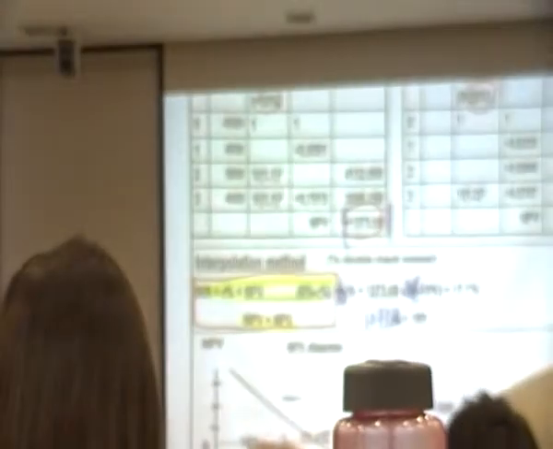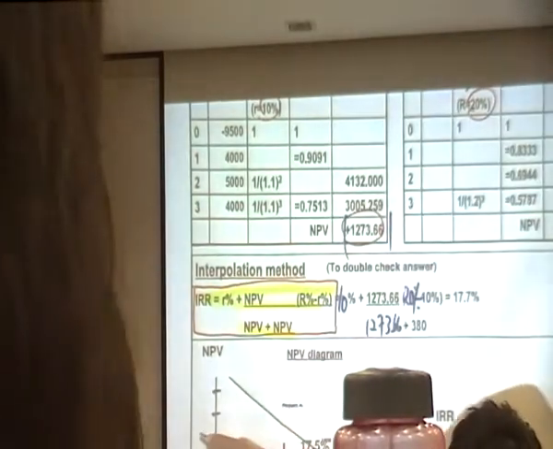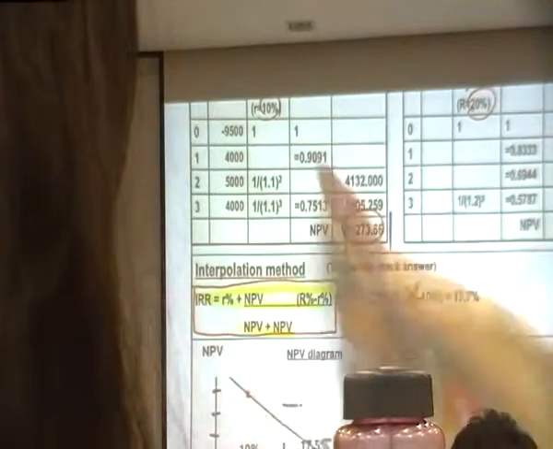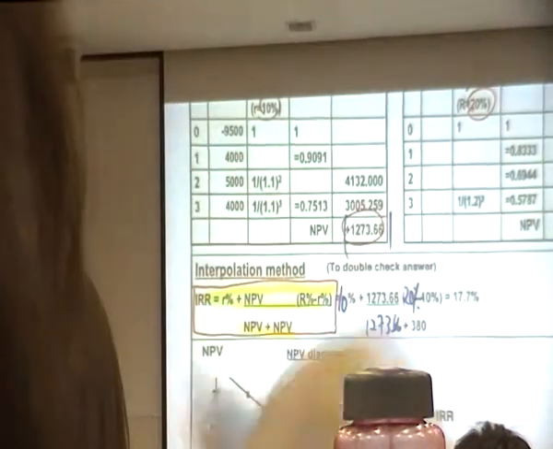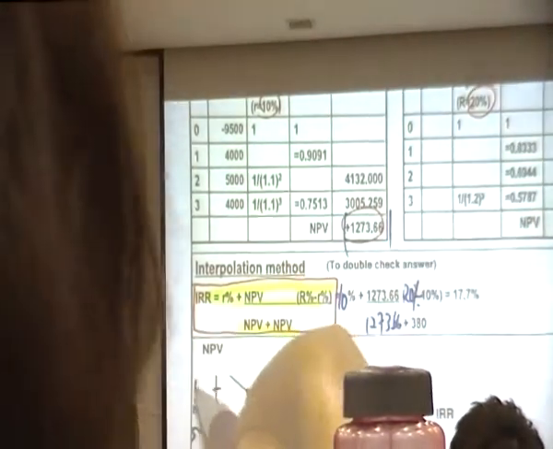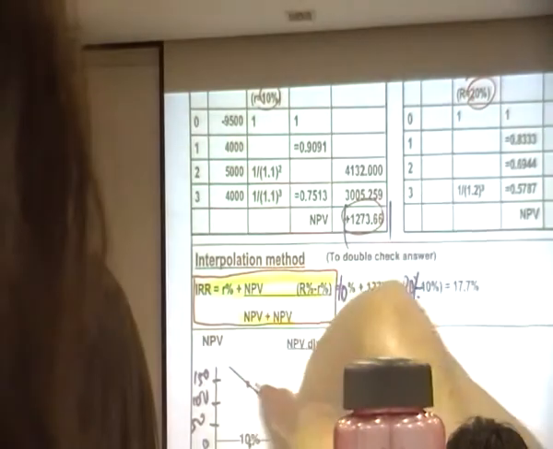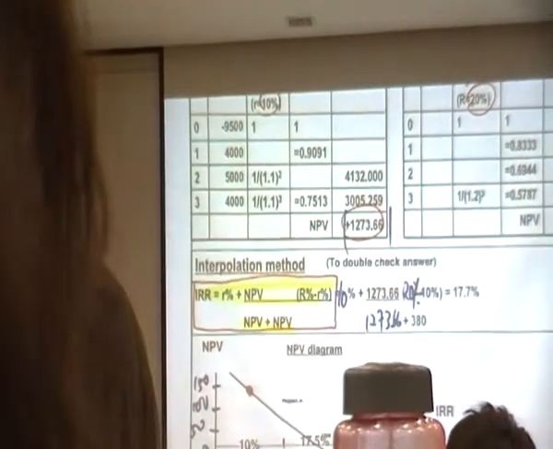Okay, 0 here. So you use the different rates and the different NPV. So 10, 15, 17.5, 20. Okay? And when the rate is 10, NPV is 127. So here we go. Let's say this is 50, 100, 150. Let's say 120 is here. And at the rate of 20, NPV is negative